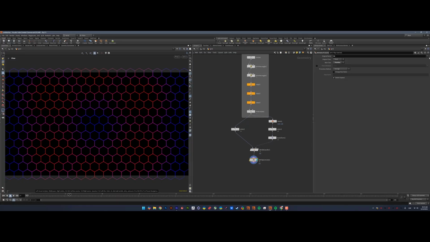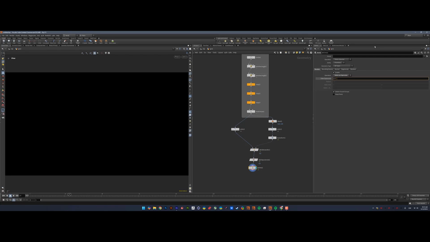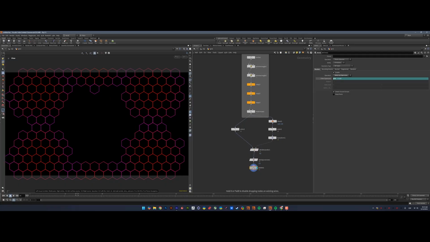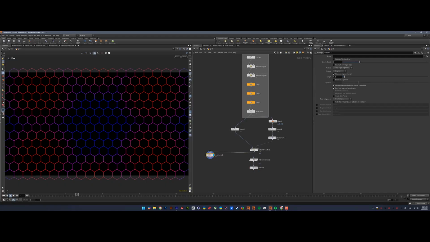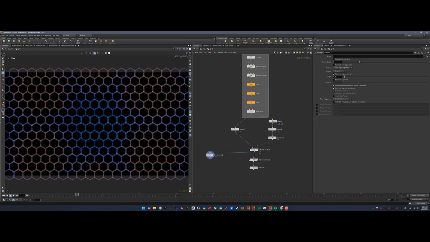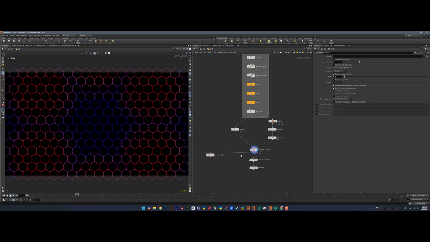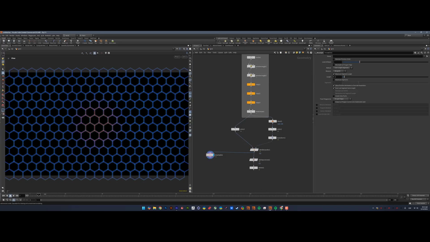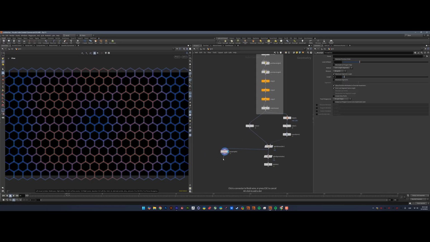and we will use a delete by expression, @Cd less than 0.5, and here I'm gonna use a resample node, and we'll set this to 0.1. I think it's okay. So now we have more points for the normals and volume rasterize attributes,